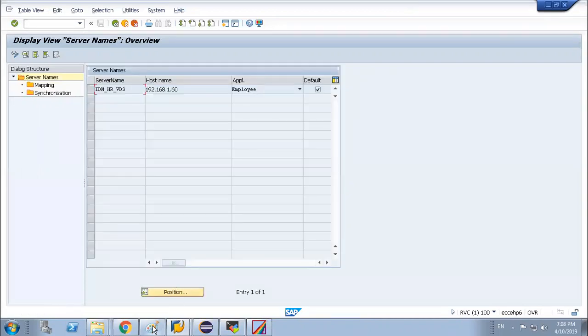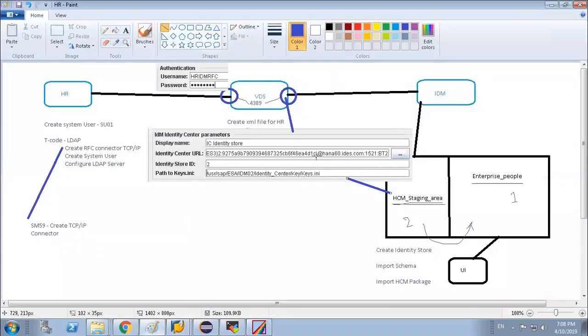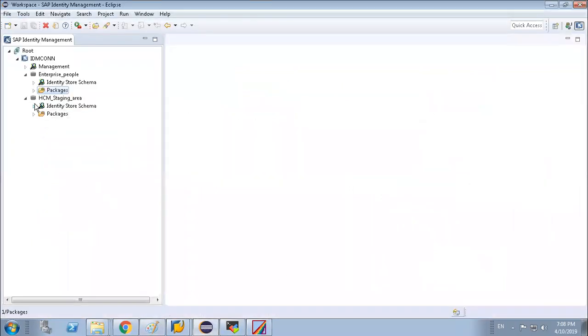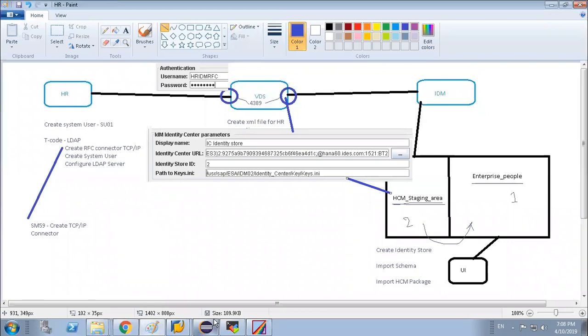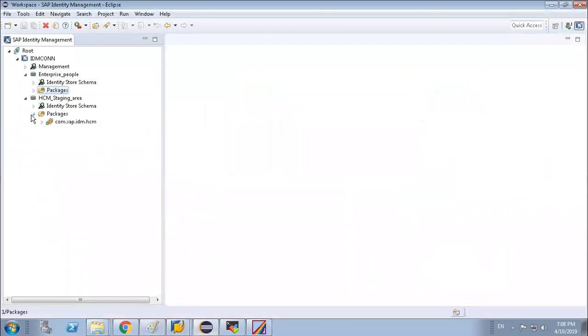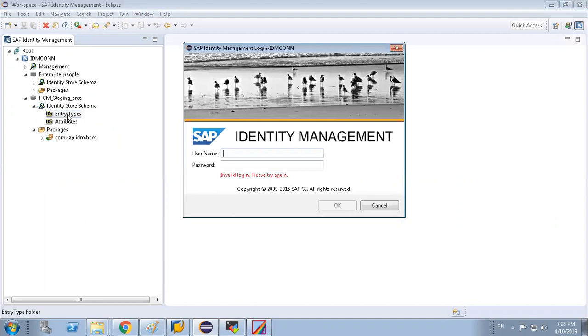Okay. So we will do a recap of this one. This is the structure of the IDM HR system, the IDM systems, and between them we have a VDS system. In IDM systems, we have created a separate identity store package, identity store 2. And we have imported the HCM packages and the schema. That schema, especially we have